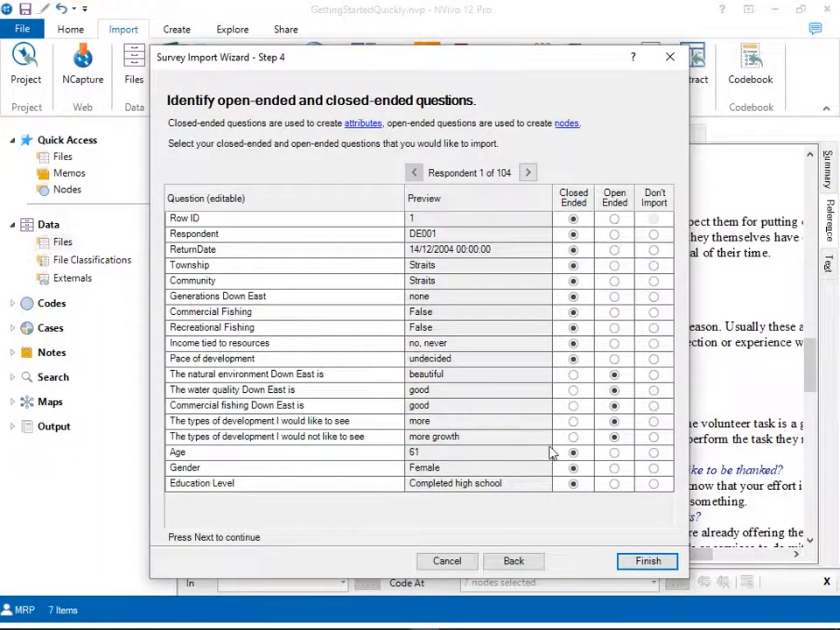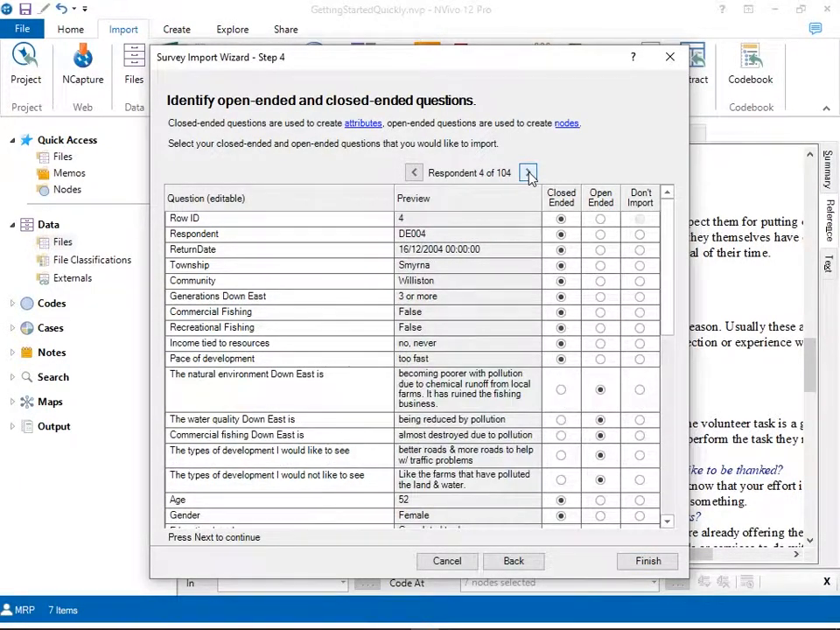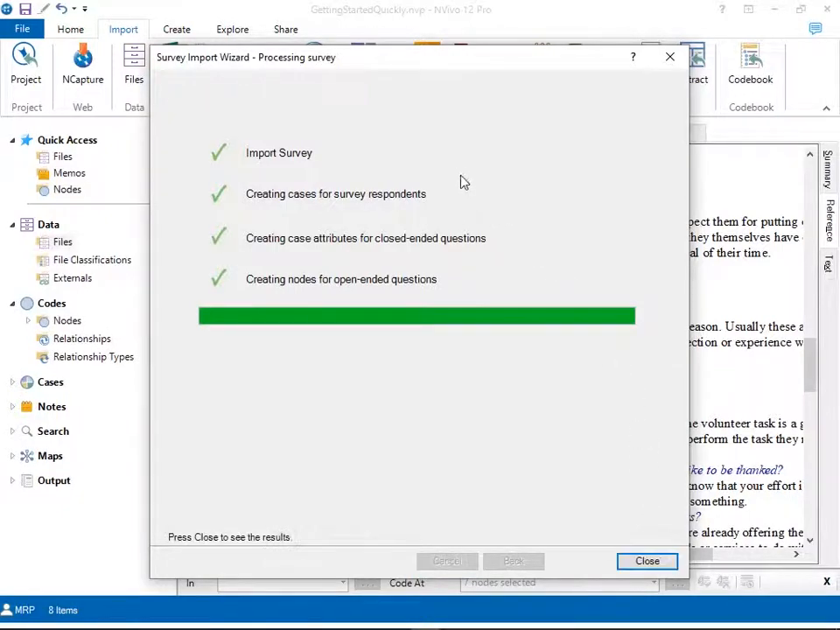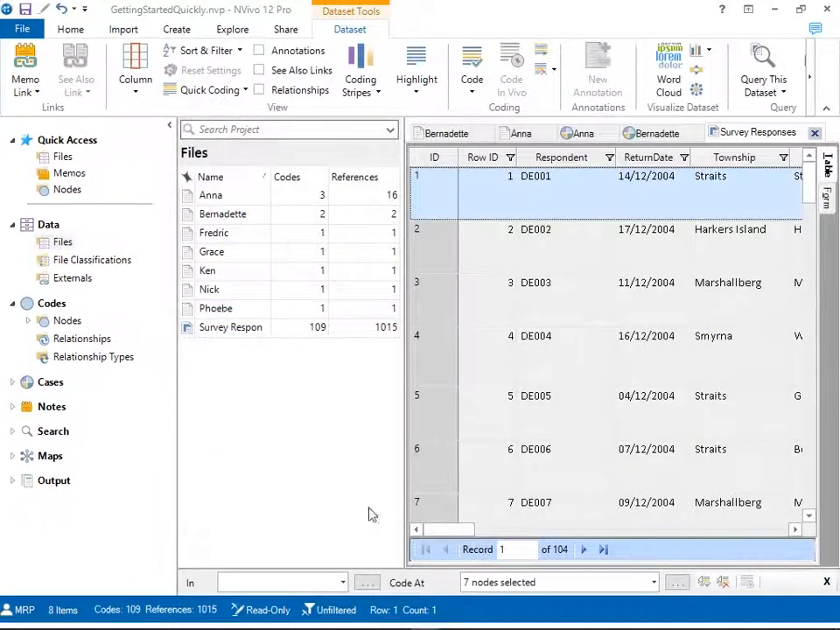So click Next. Now you can check that the information that will be brought in is in the correct format, as closed-ended questions, open-ended questions, or just don't import it, and it's already chosen what it thinks is the case. And you can go through some of the respondents' data here and double check it to make sure that it looks as you think it should, and click Finish. And now you can see it doing its work, and there you have it. You now have your survey respondents